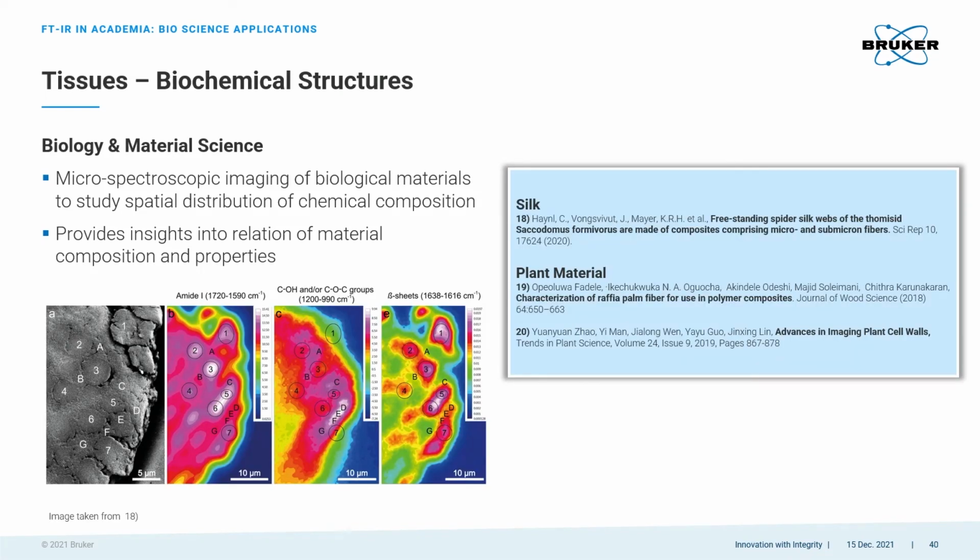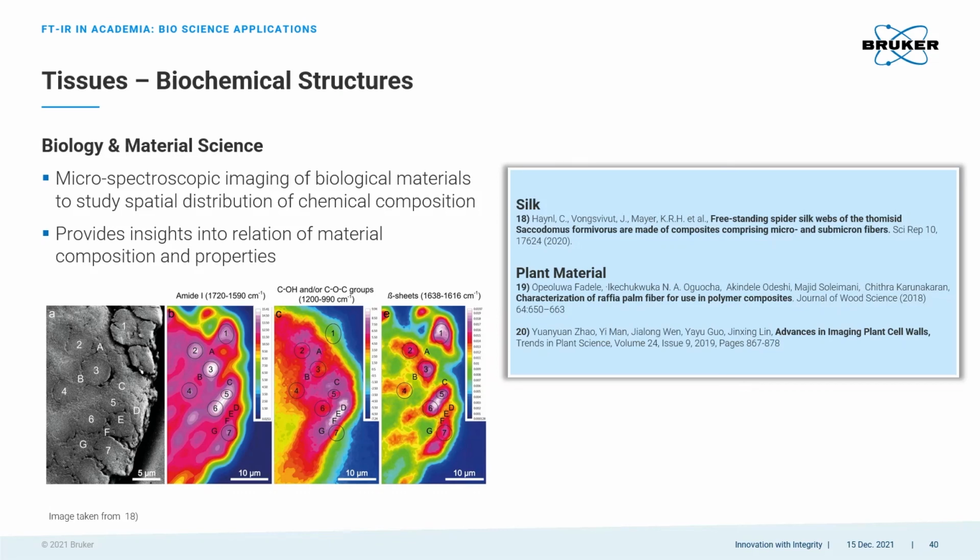So here there are examples of chemical images shown that were taken from silk tissue, where the chemical images show the distribution of the protein content as well as of carbohydrates. And on the right hand side we see also the areas in the silk that show a particularly high beta sheet content, which indicates a high amount of fibrils and is a property of the silk. The same method, of course, can be applied not only on such silk webs but also on plant materials to